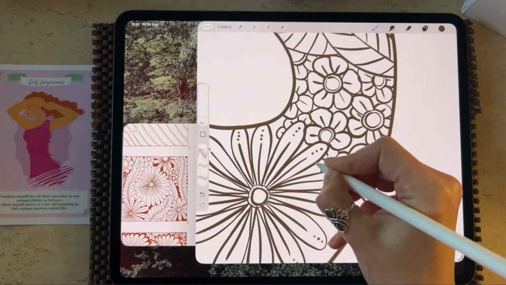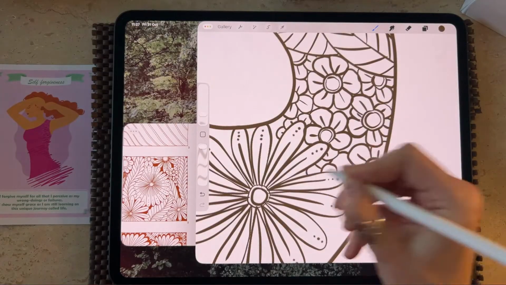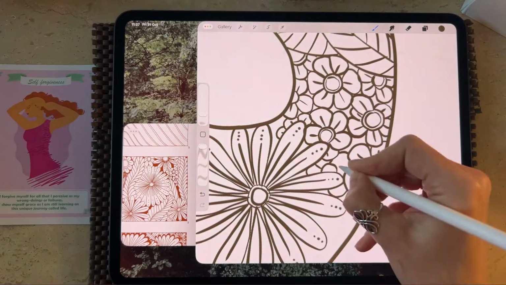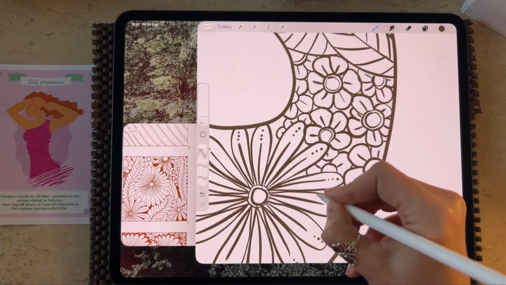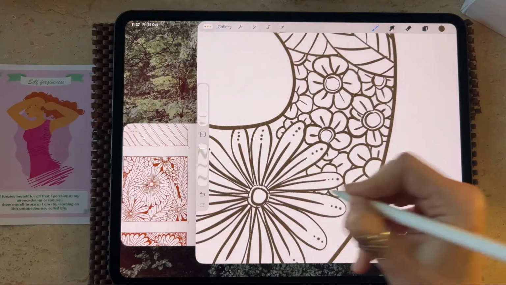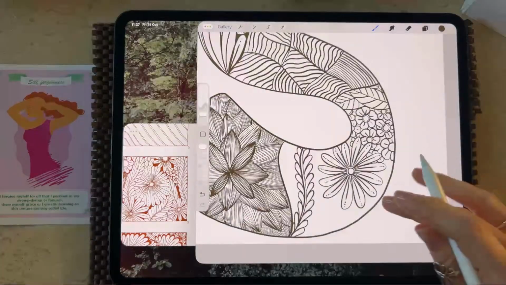I'm liking these little daisy flowers. Going a bit overboard with them. Okay, let's change it up.